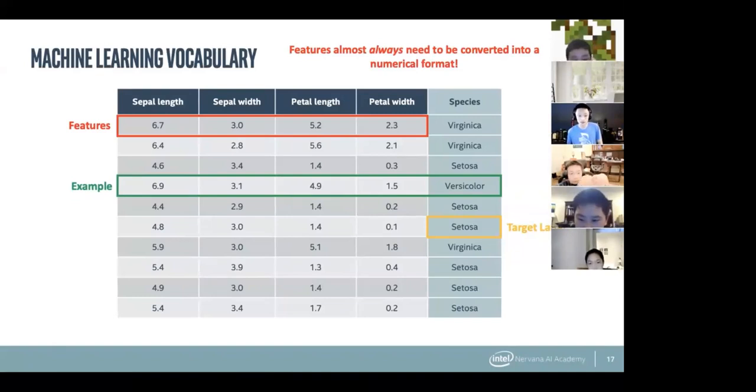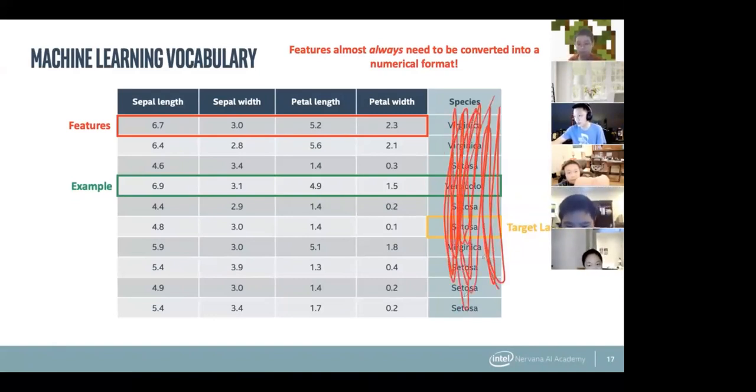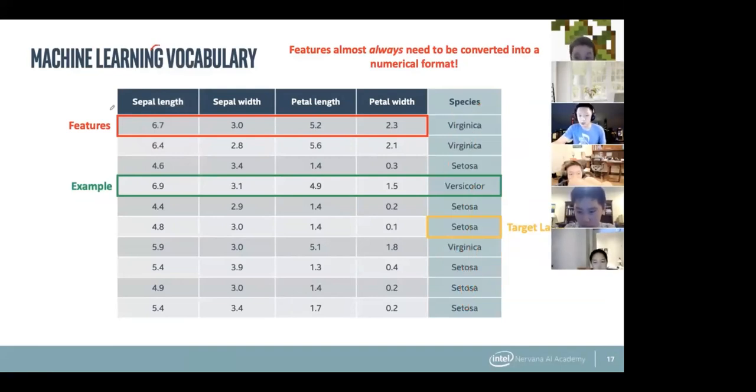No target label. Right, exactly. So we have no species, and we just cross all this out. And so this would be an unsupervised learning table. Now, this is weird, right? Because we're trying to figure out something about this data without actually knowing what it should be. In this case, this is called clustering. One such thing you can do with unsupervised data is to look at all this data and ask, what is similar about all of these things and what is different about them? And can we group them into different categories based on how similar or dissimilar they are?